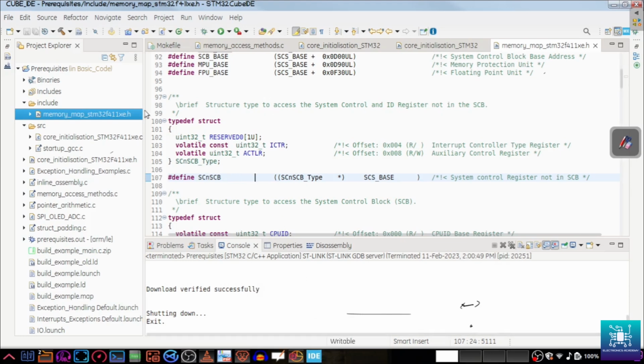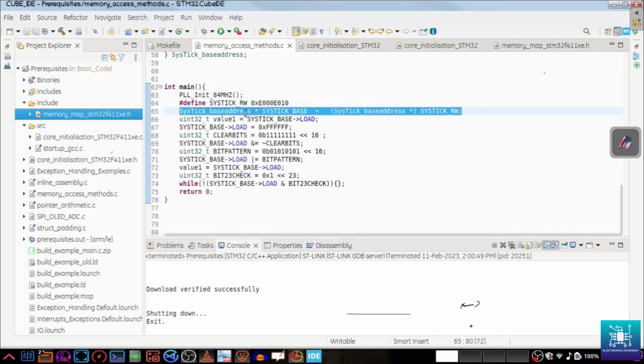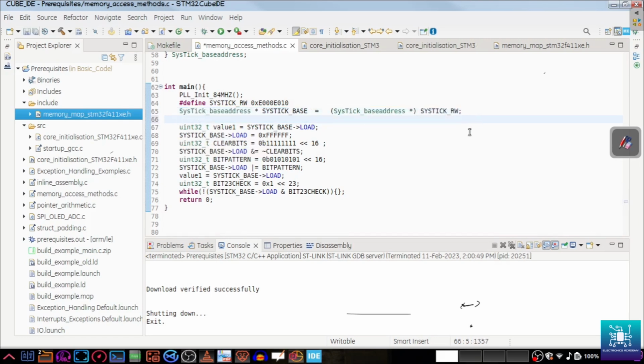Let's see how we did it. It's just a memory refresher for you so that it is easier for you to understand. So in memory access methods.c, we had defined it this way. We did a base address star, sysdig base address star, and so on. Instead of this, this can also be written like so: